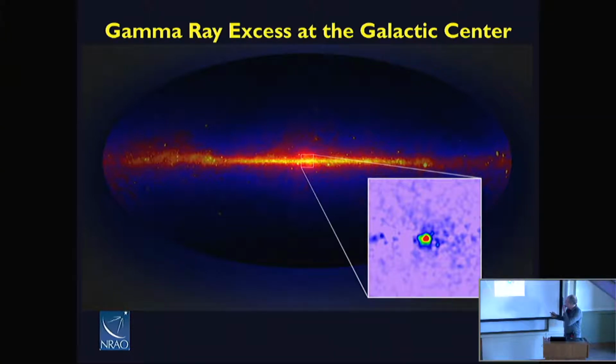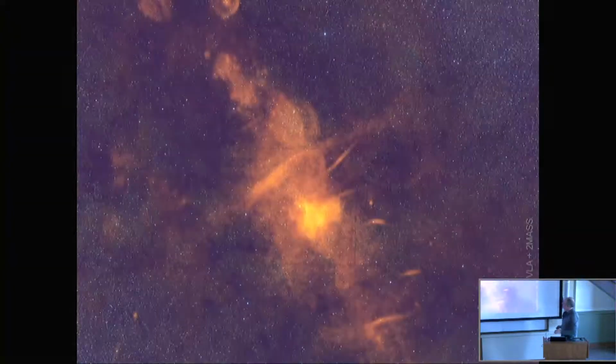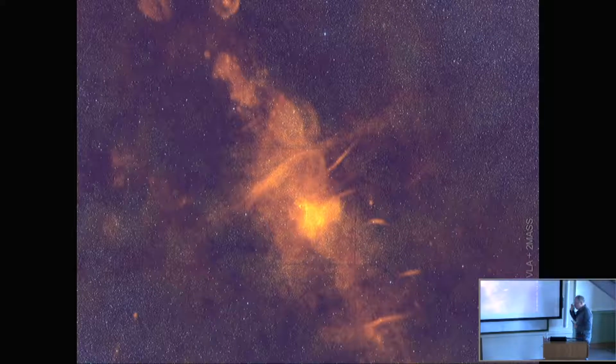The astronomers, being a little more practical, have argued, based on the spatial properties and the spectral properties, that this is likely a young pulsar population, or more likely a millisecond pulsar population. And there's a paper by Chuck Haley that came out last week that I haven't had a chance to read that addresses some of this issue. But it turns out that there are surprisingly few pulsars, radio pulsars, in the bulge and in the galactic center. Not just around Sagittarius A star, but in the broader region.